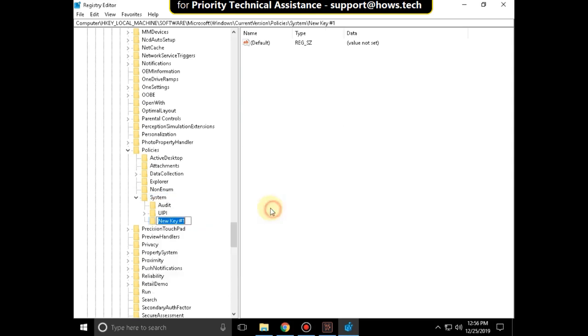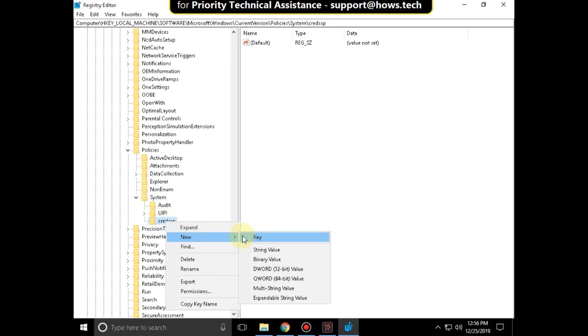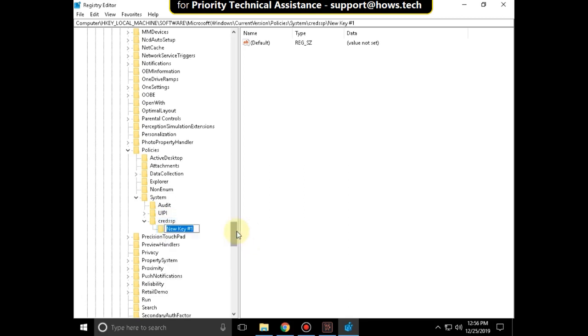Click on New and select Key. Then name it as CredSSP and hit enter. Right click on it, select New and click on Key and name it as Parameters and hit enter. On the right side, right click anywhere, click on New and select DWORD 32-bit Value